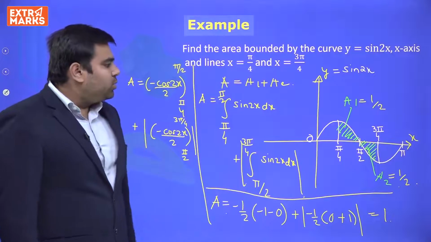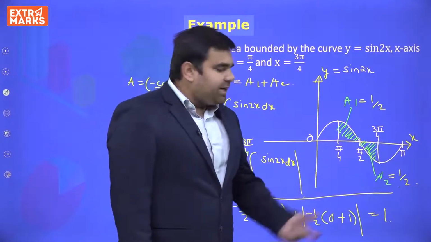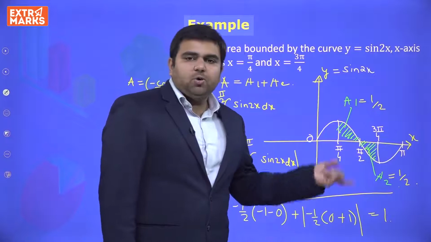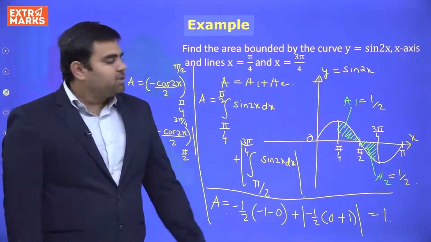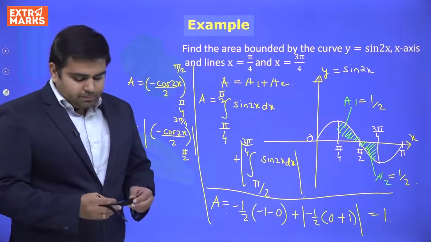From symmetricity also, we can directly tell that this whole area will be 2 times of A1, right? This whole area will be 2 times of A1. By symmetricity we can directly tell. Next,